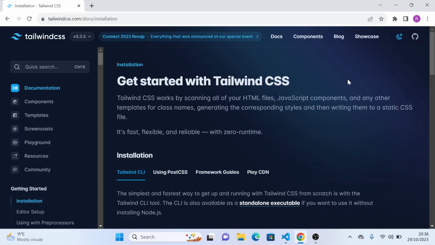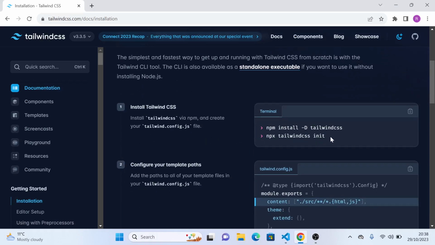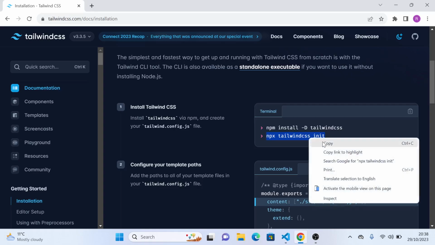Welcome. Now we want to do the installation and setup of Tailwind CSS in the right way, more like the production way. So for that, we will go to Tailwind CLI. We have to run this particular command, npx tailwindcss init. Copy that,